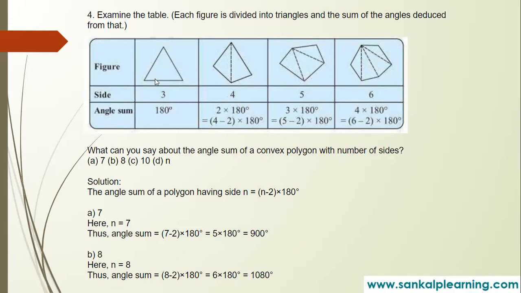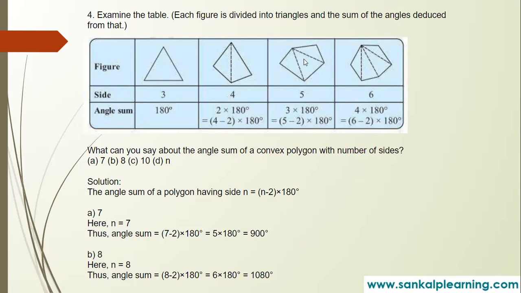The sum of all the angles of a triangle is 180 degree, right? We know that. And here they have drawn one diagonal, means we have 2 triangles here. That's why they have written 2 into 180. Each triangle's angle sum is 180. We have 2 triangles here, that is 2 into 180. Now, how have we written 4 minus 2 into 180.